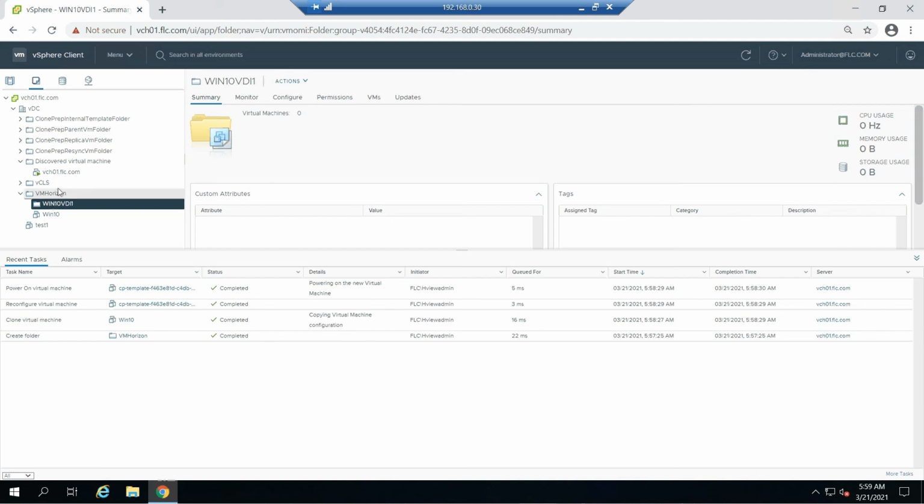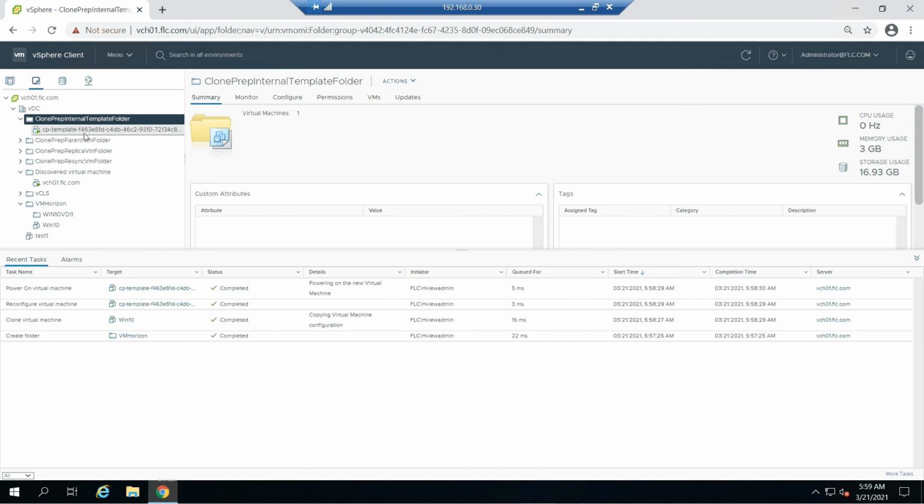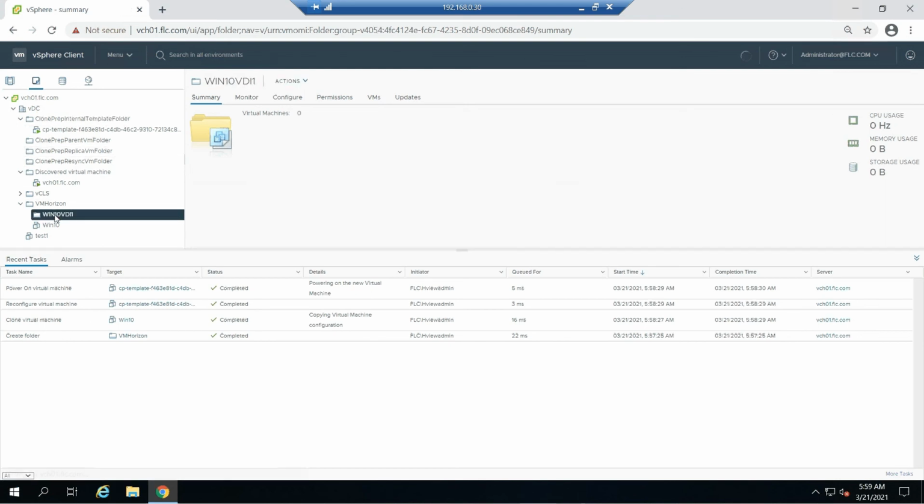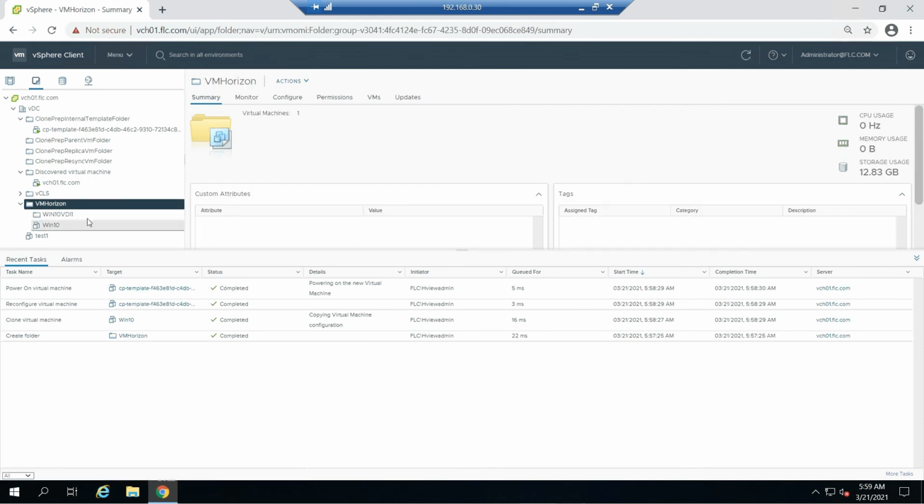If you see here, a couple of folders were created, and you can see that this template is created. Then step by step, the process will create the required things which support the VDI. Once that is done, we'll be able to see the virtual machine in this folder as we have selected. So we'll wait for some more time, and once the VM is created, we'll try to log into that.